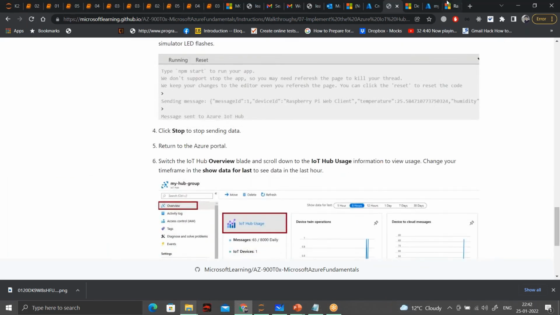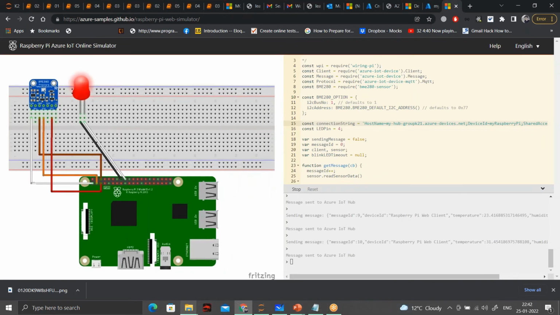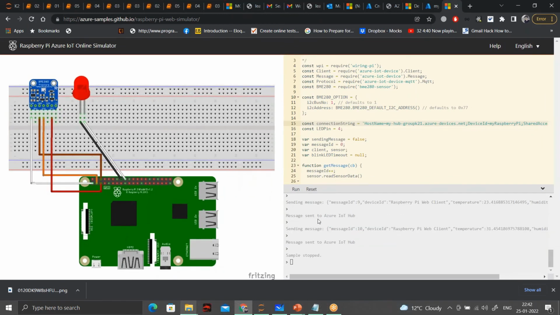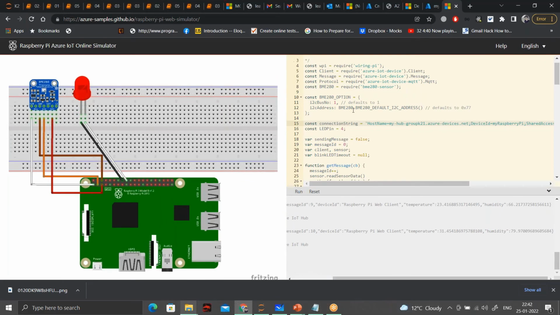Because now we have sent enough data, I'll just click on stop. It will stop sending that data. You can see that the sample has been stopped, and what it is sending is temperature and humidity to this Azure IoT hub.